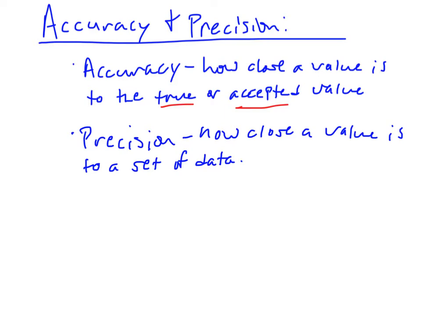So for example, the density of water. The accepted value for that is 1 gram per milliliter. No matter where you go on Earth, that's the density of water, the accepted value. So if you are doing an experiment measuring the density of water for yourself, and you were getting values that weren't 1 gram per milliliter, then you would be able to say that you're not getting close to the accepted value. Now, as far as significant digits are concerned, it's really